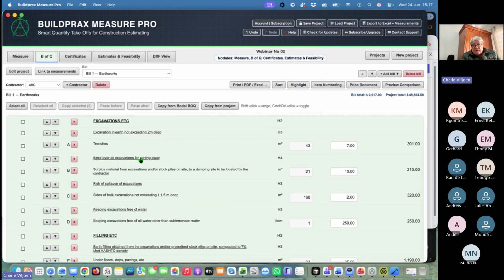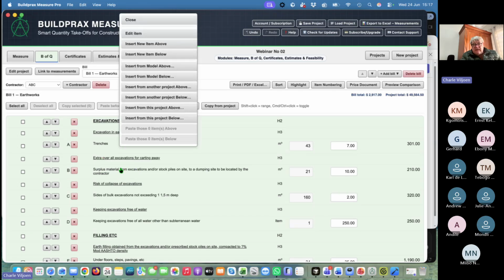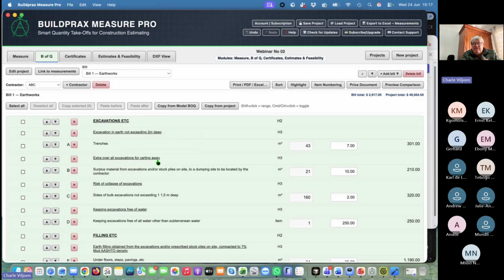We also have, if you right click anywhere in between, you can insert items below, or you can copy items, and you can bring items from the same project or from another project, and so forth. But these are just a very quick review of what we did last